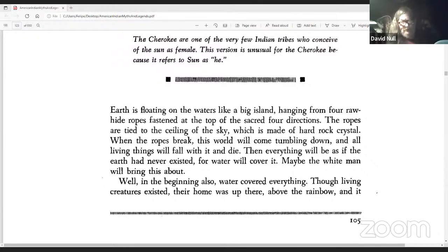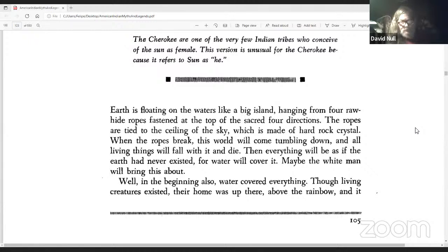Earth making, Cherokee. Earth is floating on the waters like a big island, hanging from 4 rawhide ropes fastened at the top of the sacred 4 directions. The ropes are tied to the ceiling of the sky, which is made of hard rock crystal.